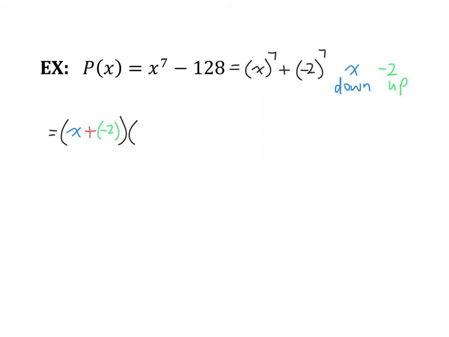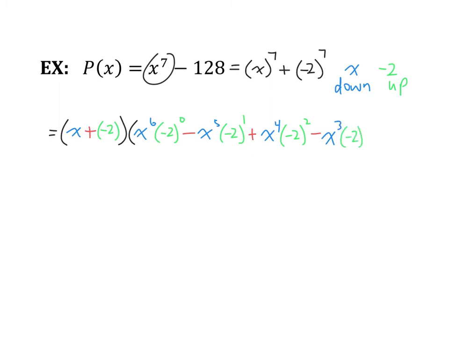So now our next factors, since I pulled an x out of x to the 7th, we now start with x to the 6th. And then our other player is negative 2 to the 0, changing signs. So since we started with a plus, it's now a minus. X's are going down, x to the 5th, and then negative 2 to the 1st power. All right, changing our signs, it's now a plus, x to the 4th, negative 2 to the 2nd. All right, changing the signs, it's now a minus. X goes down, so x cubed,